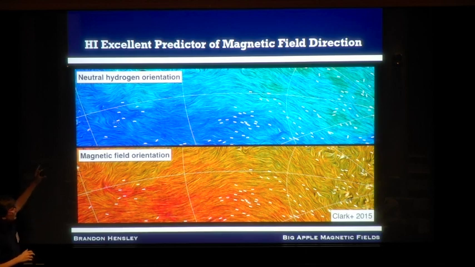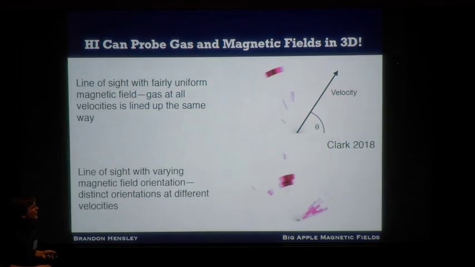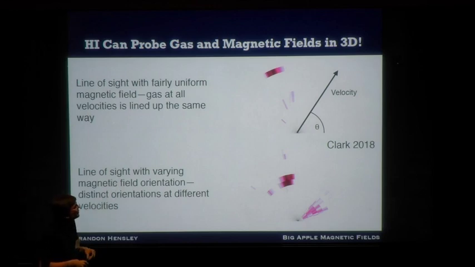And as Susan showed earlier in her slides, the hydrogen orientation, so these linear filaments, do a very excellent job at tracing the magnetic field, the dust polarization angles that we see with Planck. However, you can also think about doing that channel by channel. So this is Susan's paper from last year, where these are plots now of HI velocity on the radial axis, and then the actual orientation angle